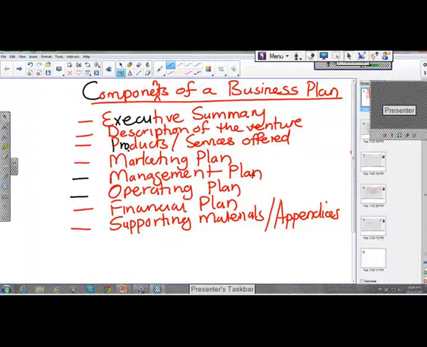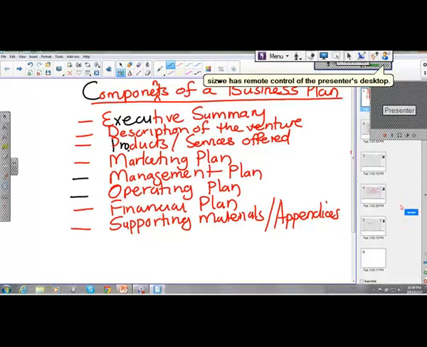If it is a service, how will you be training? What criteria are you going to use to recruit your staff? What experience are you going to require? And how will you be delivering your services? For instance, if you are running a company whereby you are training face-to-face, you tell us that we shall be running face-to-face training, or it shall be long distance. That is the operation plan.